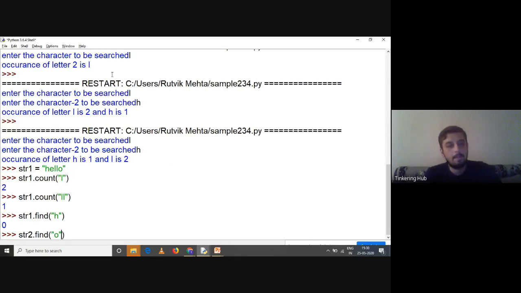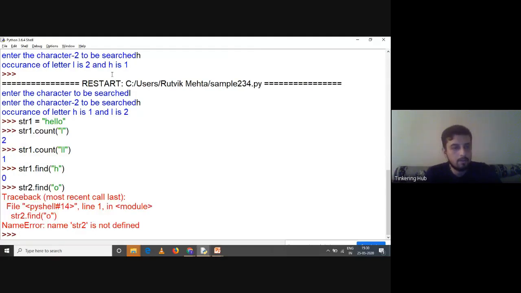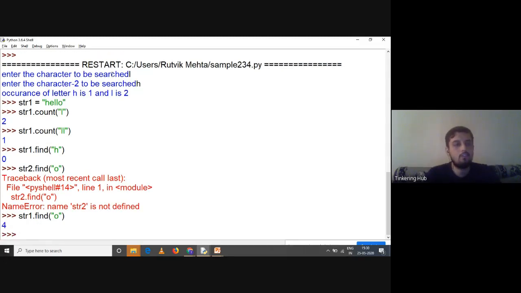The index of O is 0, 1, 2, 3, 4. Oh, not str2, it should be str1. Sorry for that mistake. It says 4, right? Now understand this, when you use the find method, it will always give you the index in a positive manner only. It will never return negative indexes.